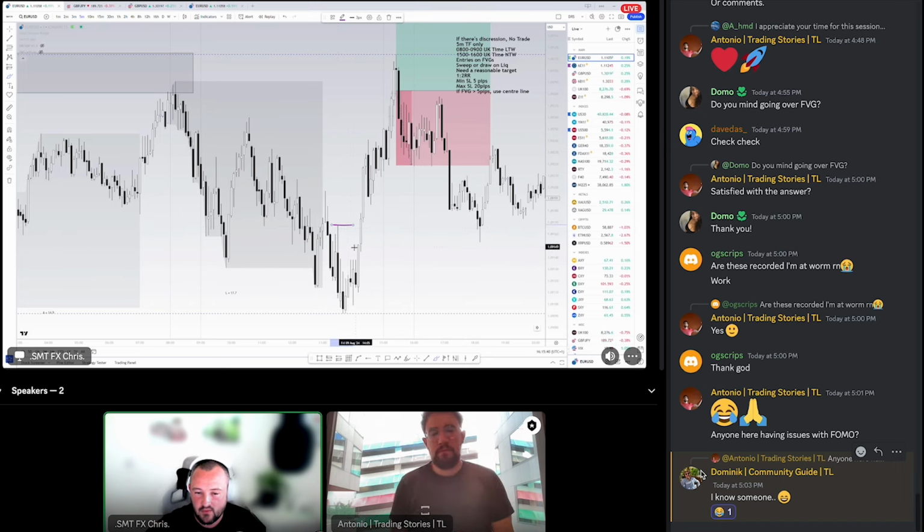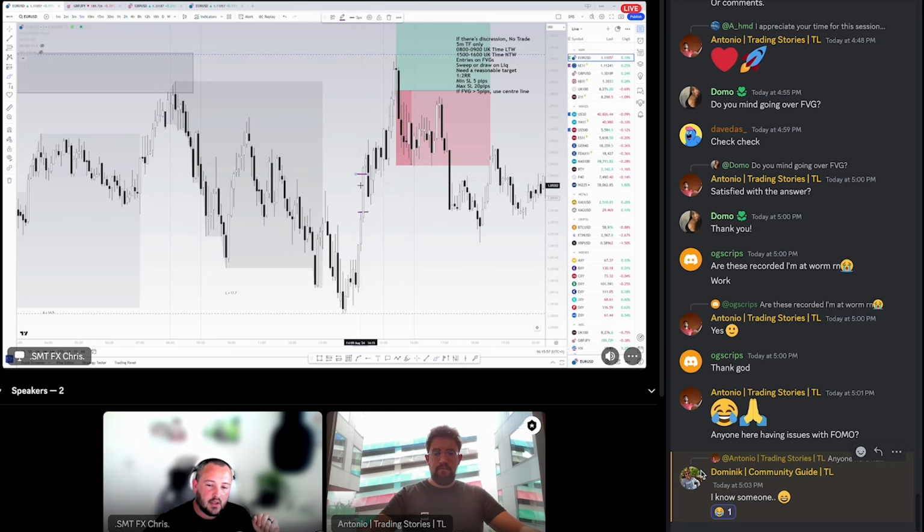We also have a few fair value gaps here, the last one of which was tapped into, but the rest below were not. That also contributed to the trade failing, but I wasn't too concerned because the end of the fair value gaps had been dealt with. But yeah, we can see price has gone from bearish to bullish. We've got some nice candle closures above here. We've got two fair value gaps here.